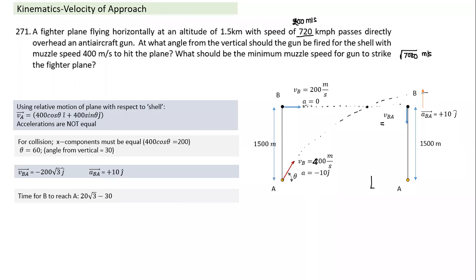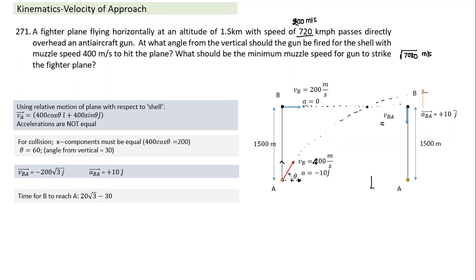Now the second part here: what should be the minimum muzzle speed? See, the horizontal component cannot be compromised. What is necessary? What is the minimum condition? What basis did you calculate the minimum muzzle speed on, Ahlad? Sir, H max should be equal to 1.5 km. Yes. So the Y component of velocity should be such that the maximum height it reaches is equal to 1500. The X component has to be equal to 200.